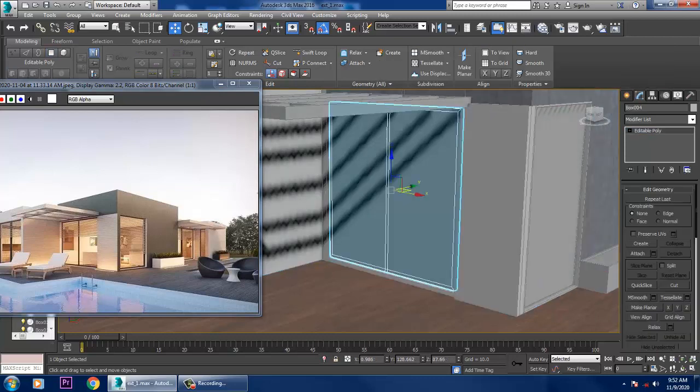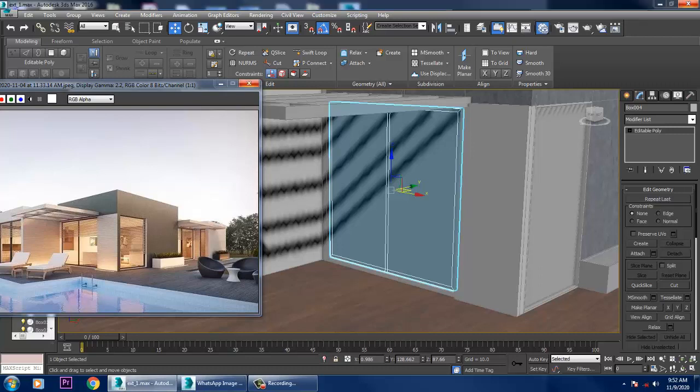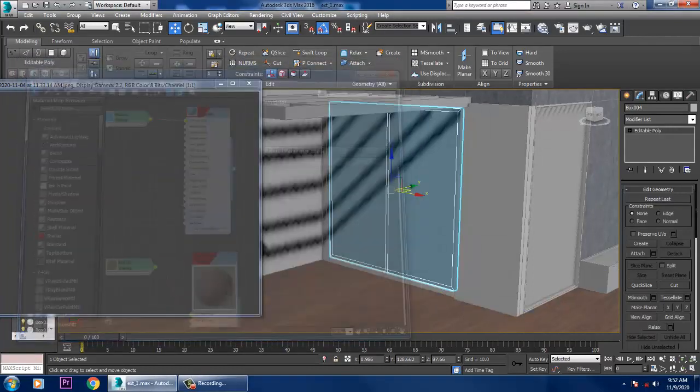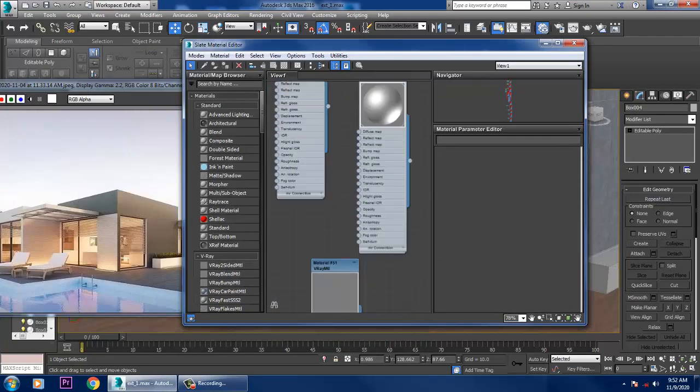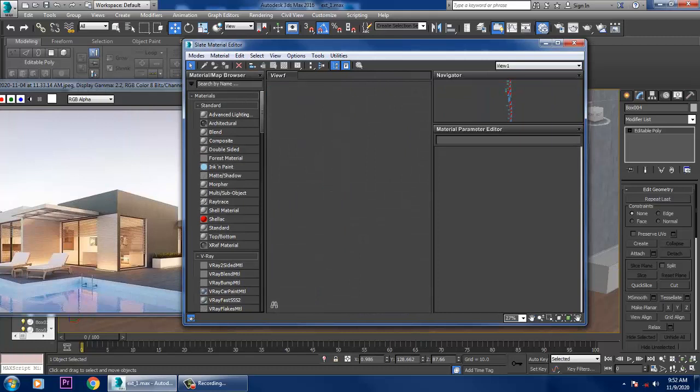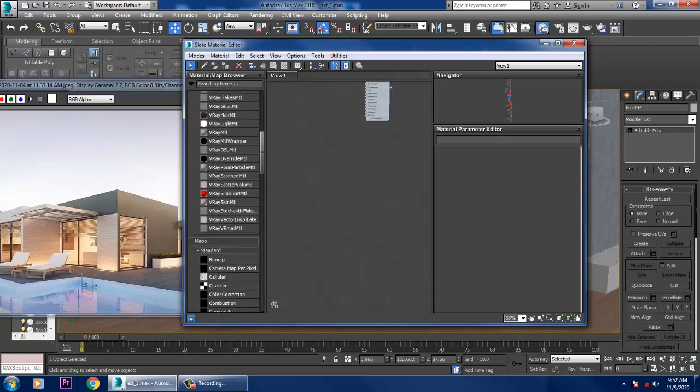Okay, this is a different part. Let's go into material and give a glass material over here. Let's take a V-Ray material.